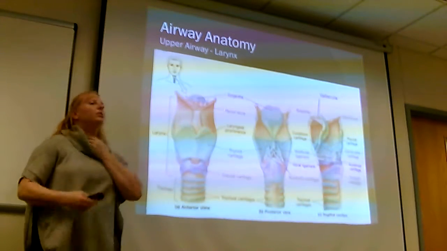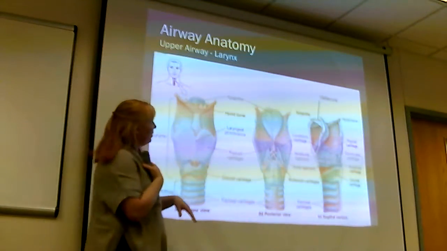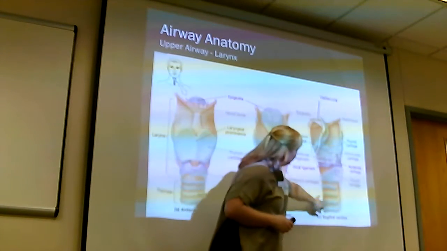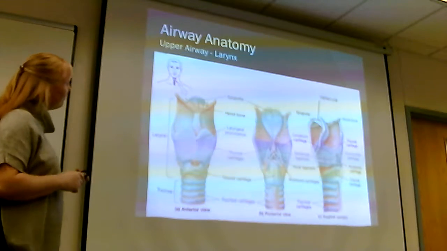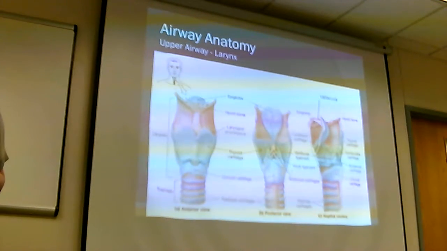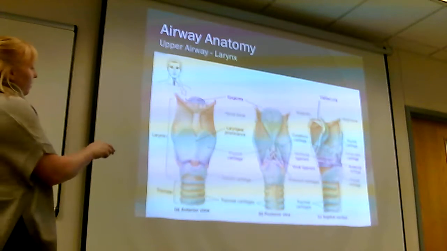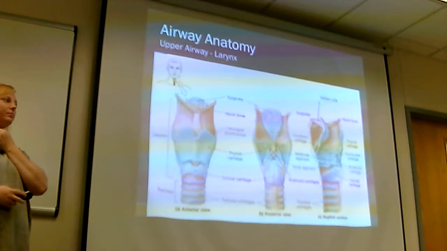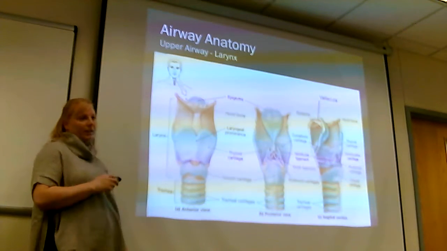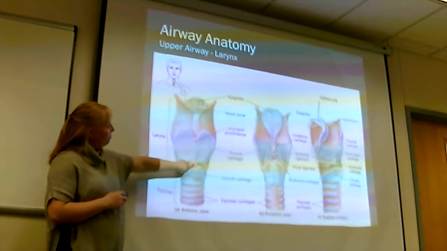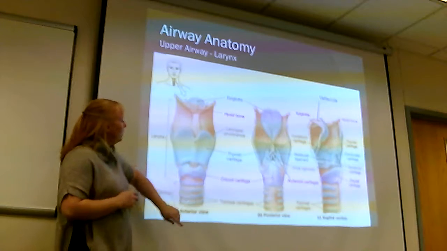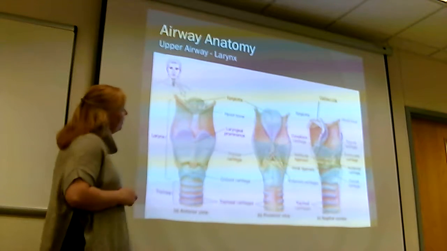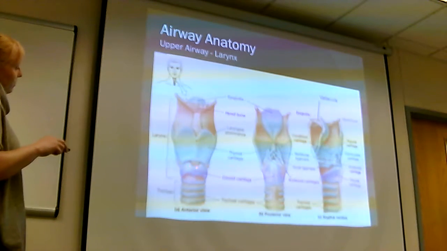This is the anterior view, and then the posterior view, if you were to look through like this, and then a lateral or cross-section view. The important things to know are the thyroid cartilage, this right here, your Adam's apple. If you swallow, it moves up and down. You need to learn how to identify that, because this little membrane here is where you're going to cric someone. This is the cricothyroid membrane. It's between the thyroid cartilage and the cricoid cartilage, and that is where you're going to save someone's life if you can't get an